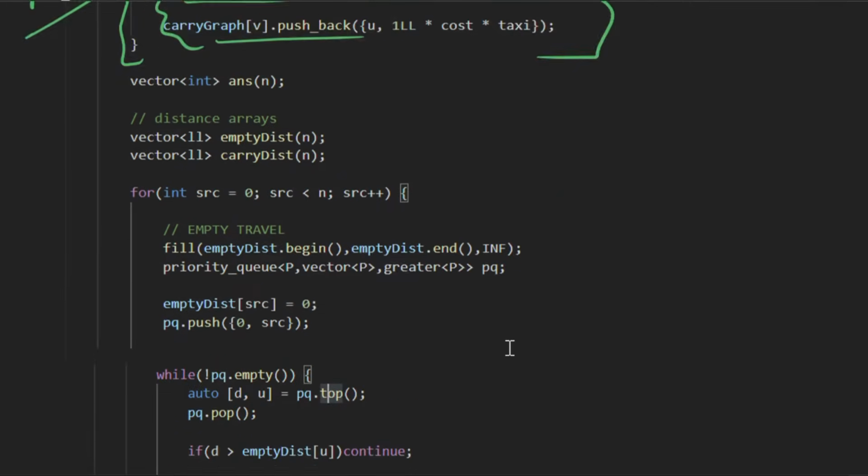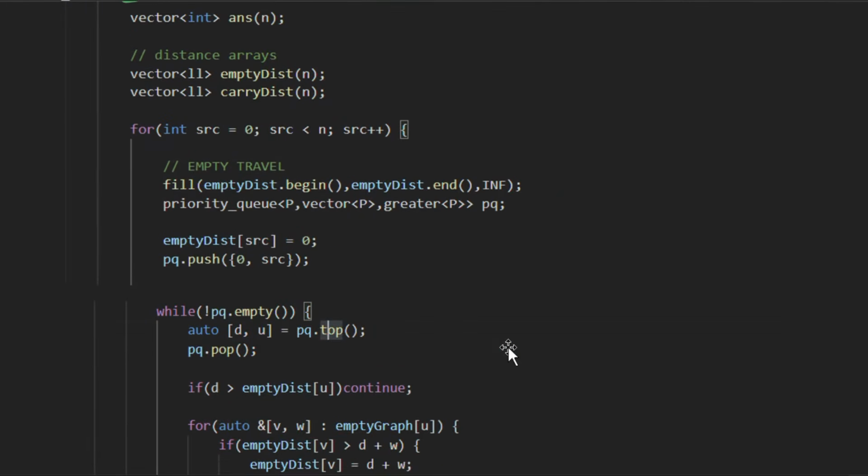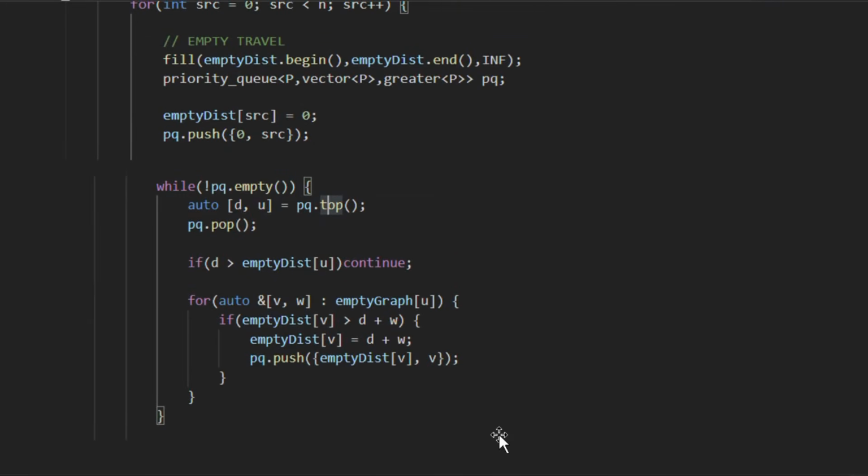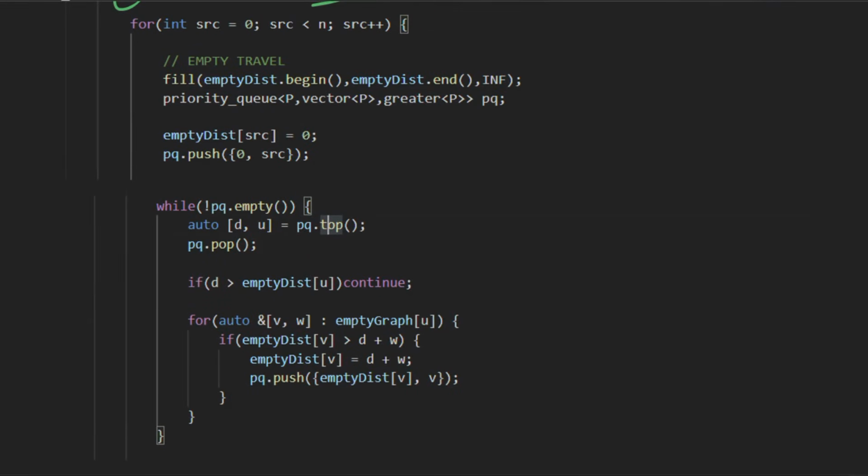Then next we have taken a vector to store the answers, and then two distance arrays, one we use in Dijkstra for without apples, the other we use while carrying apples. Then we take every node as a source node, or we can say we'll see for every source from 0 to n minus 1, right?